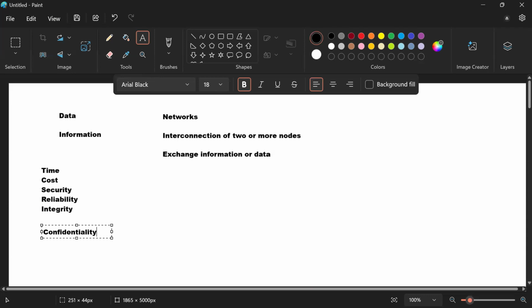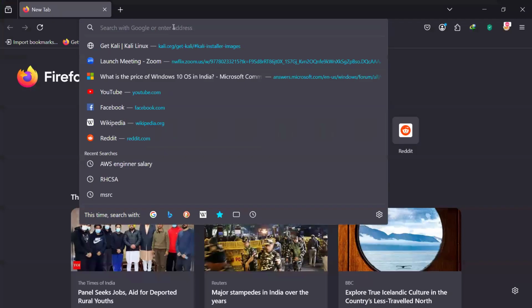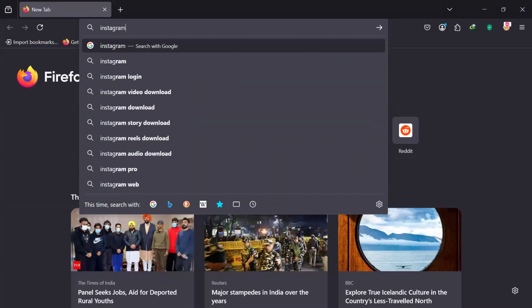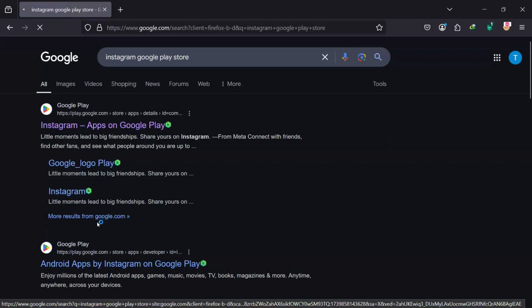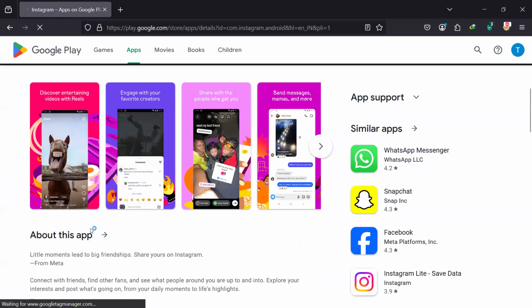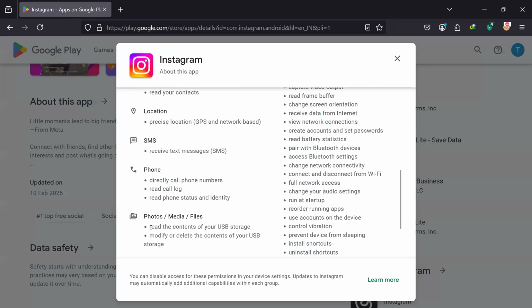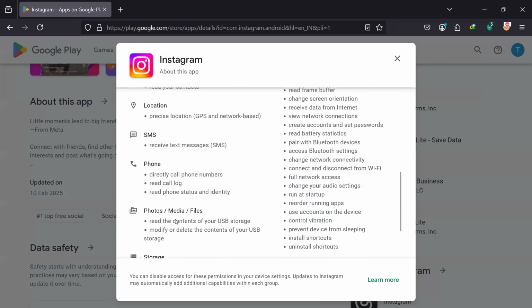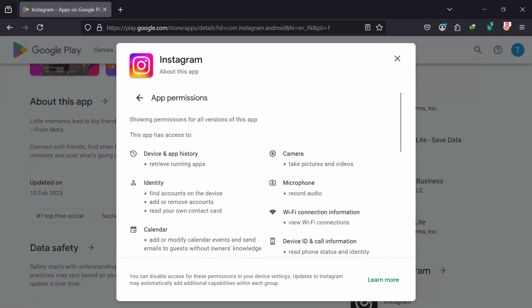I'll show you something. Let's say everybody uses it, right? Just a very small number of permissions, right? Go through it.